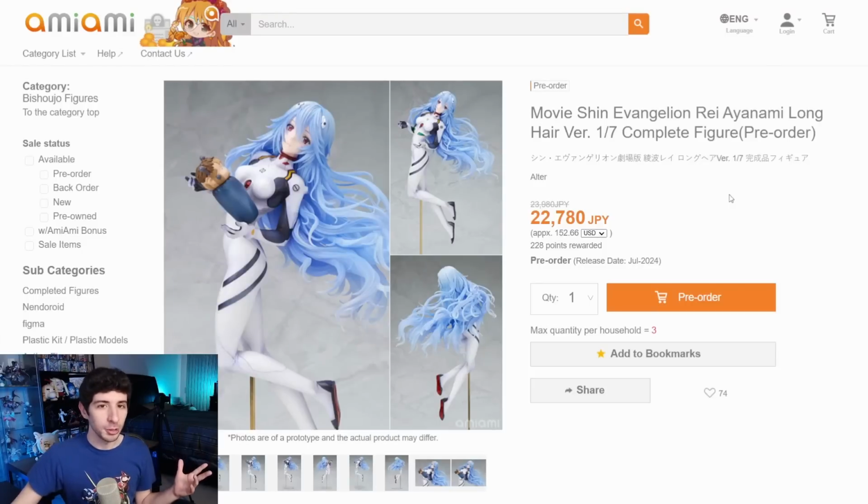Alright, let's talk about Alter next. They actually had 4 figures this month, which is quite a lot for them. Usually they're like 2, and then they're done, or none sometimes. But here we have the new Rei AmiAmi long hair version from them,